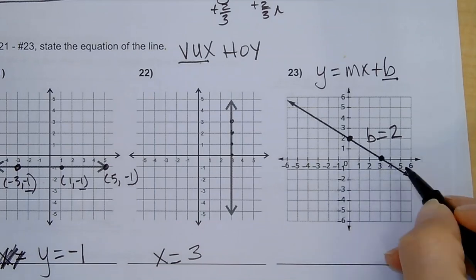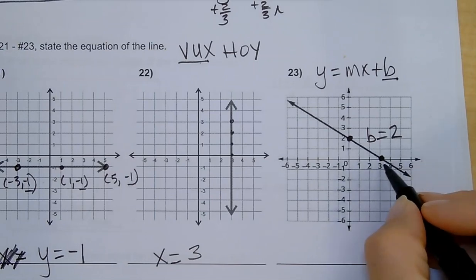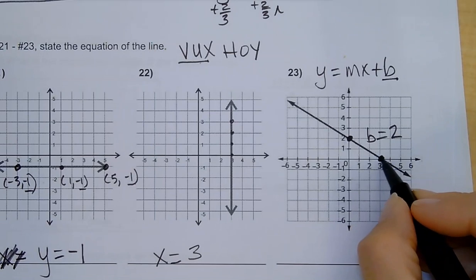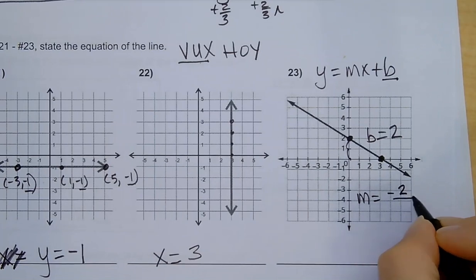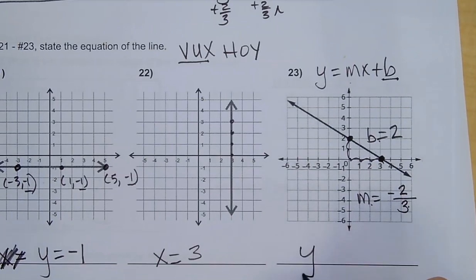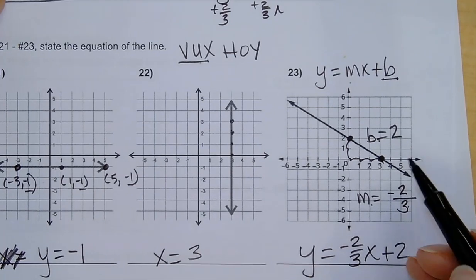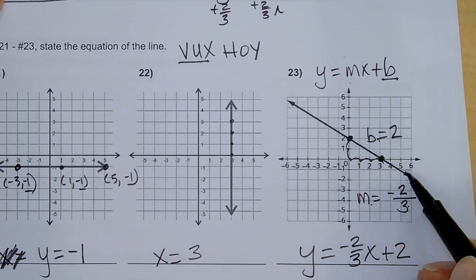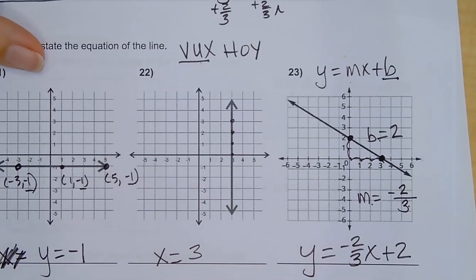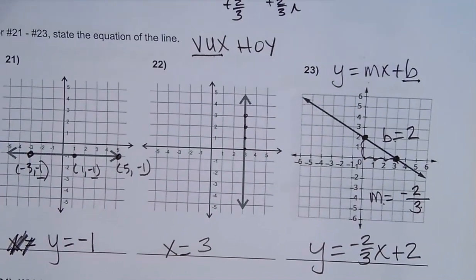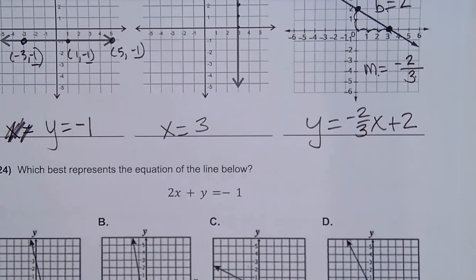I promise on the final exam it'll be really obvious to you what points you get to use. So if we say there's a point right here, we're going to go down 2, so my slope is negative, down 2, and then over 3. Okay, I have my b and I have my m, so I'm going to say y equals -2/3 x plus 2. If you wrote on your paper down 3 and over 5, I would say pat yourself on the back. That's actually what I probably would have put, but I know on our key we've got -2/3 x. So I promise, it'll be very clear to you on the final exam what points we're expecting to use. Okay,